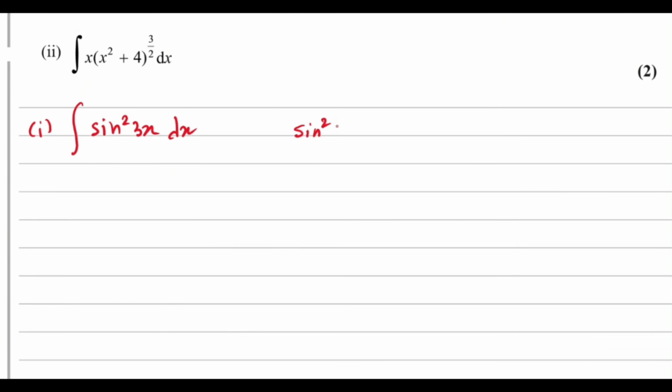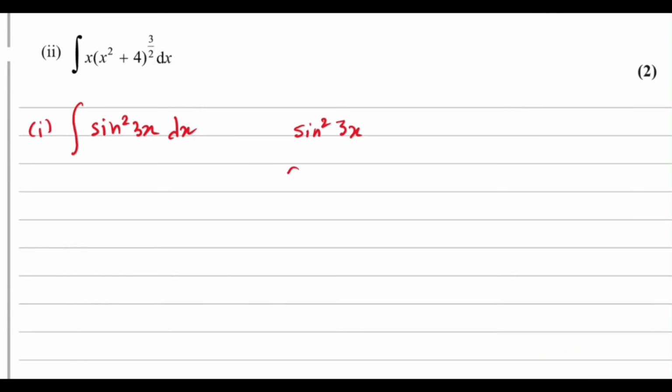We have to write sin squared 3x into an equivalent identity where the trigonometric function will have a power of 1, or the function will be linear. In other words, we have to write this term as an equivalent term that has a linear trigonometric term. So how can we do this? How can we convert sin squared 3x into an equivalent linear trigonometric form? To do this, we can use